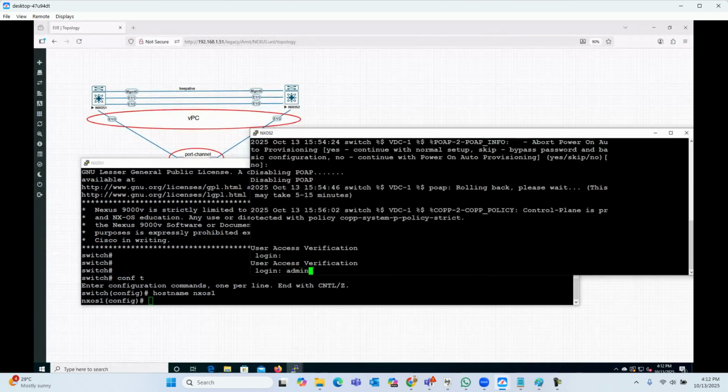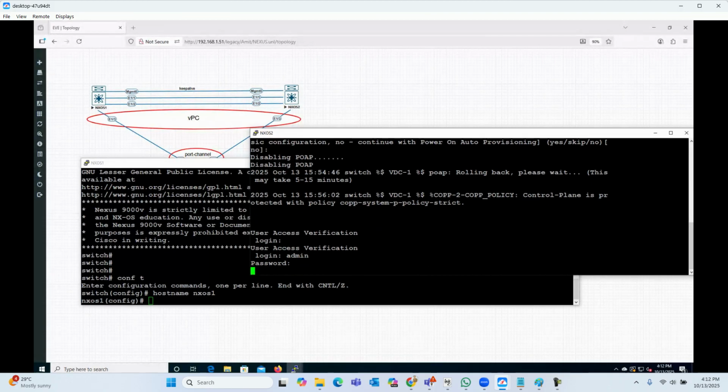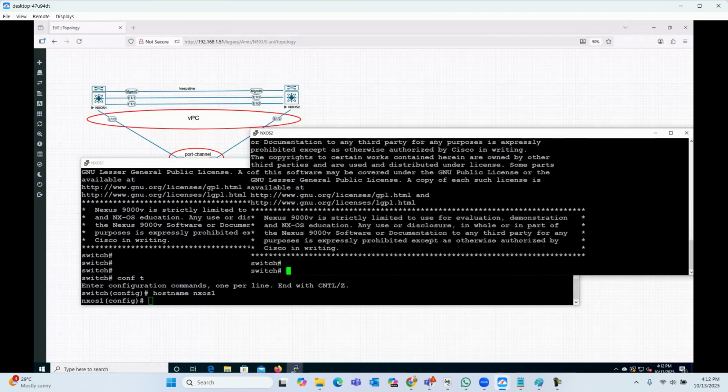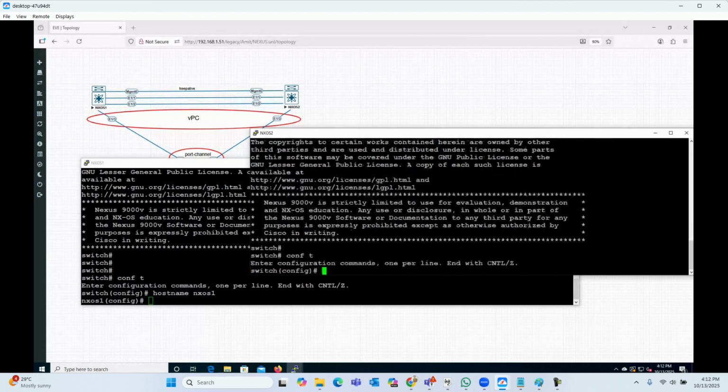By default, username is admin and password is null. So you just say admin, okay? And when it asks for the password, we'll say enter. Because by default, the username is admin on Nexus switches and password is null. Configuration mode, hostname,